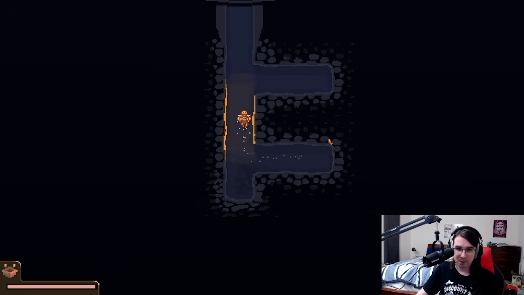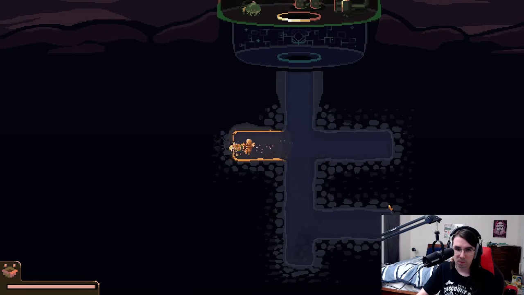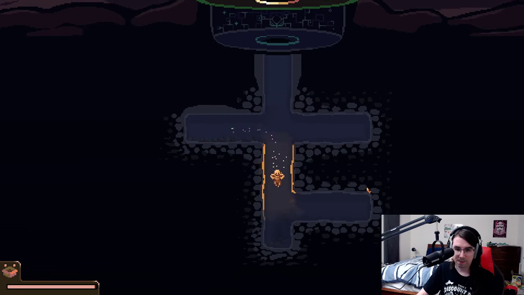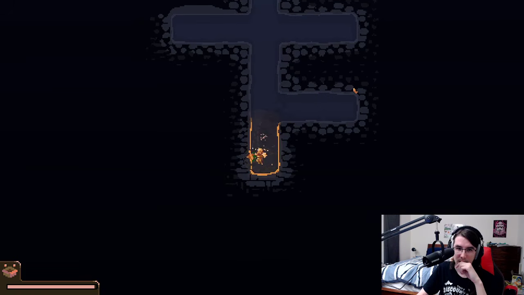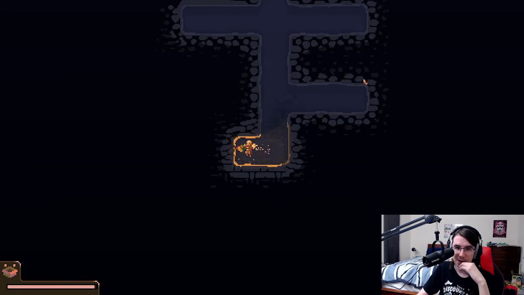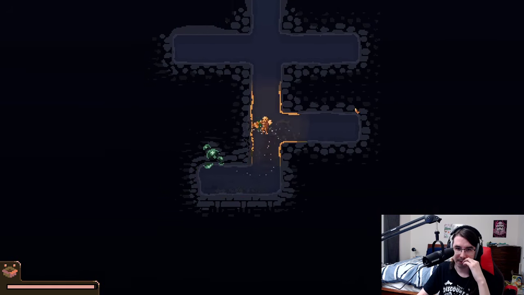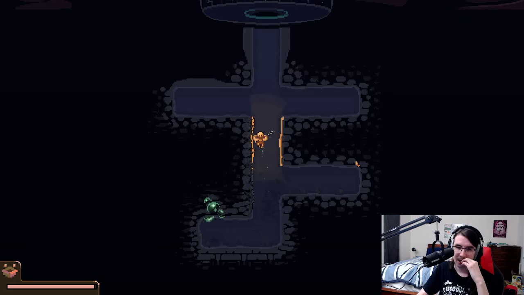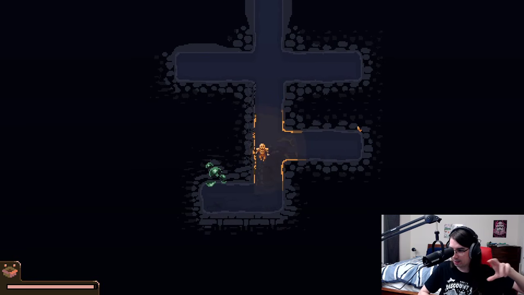So what I would recommend instead is drilling about 4 blocks in between. And when I say about 4, I mean 4. So 1, 2, 3, 4. If you're going to do your horizontal mining like this,